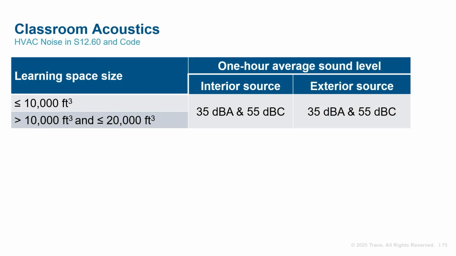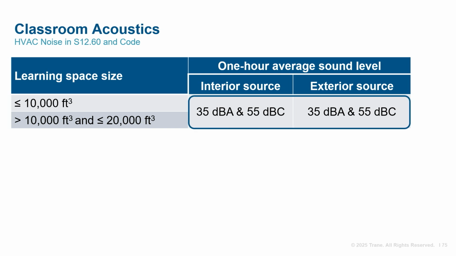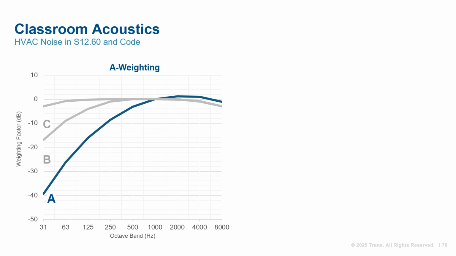Standard S12.60 defines the background sound pressure level limit in classrooms using two metrics, 35 dBA and 55 dBC. These same background noise requirements were adopted into IBC 2021 for all classrooms less than 20,000 cubic feet in volume. Recall from our earlier learning that weighting networks are often applied to sound pressure measurements to mimic the ear's frequency-dependent response to sound. The A-weighted network best fits the human perception of sounds by weighting the middle and high frequencies